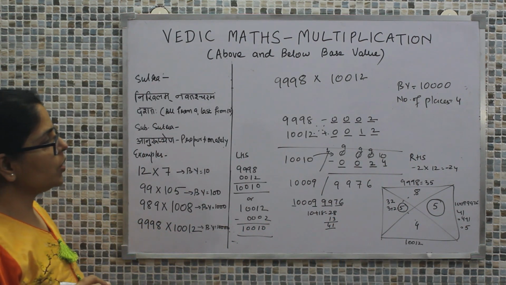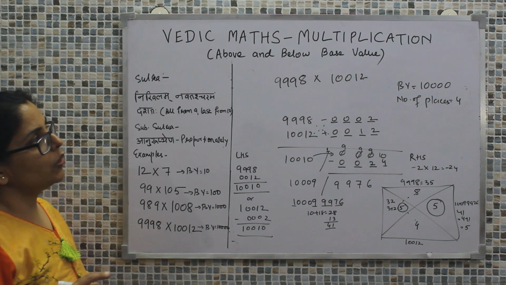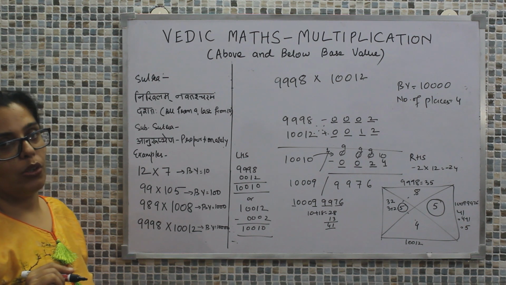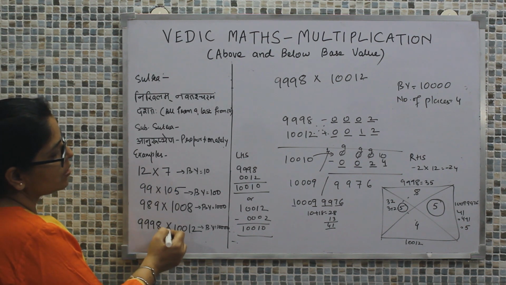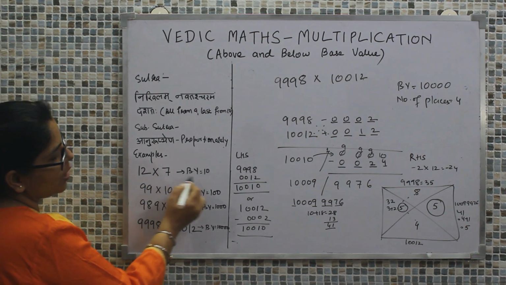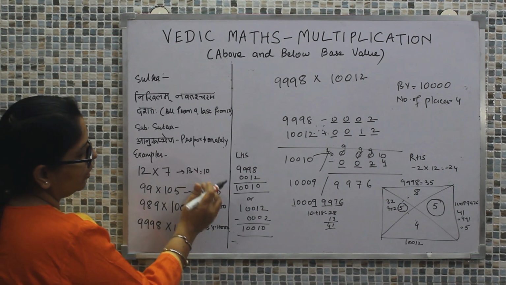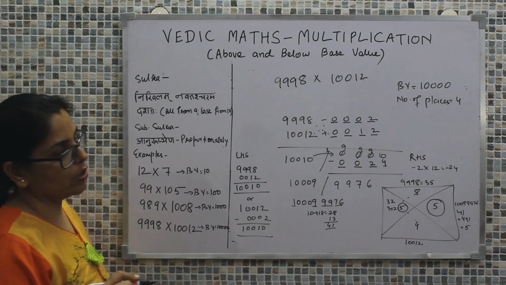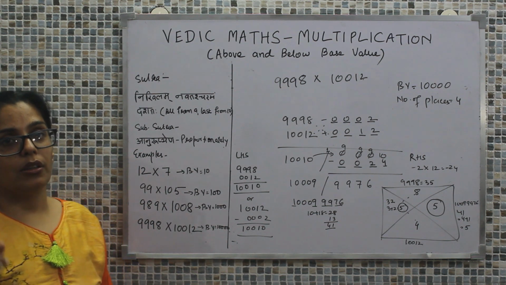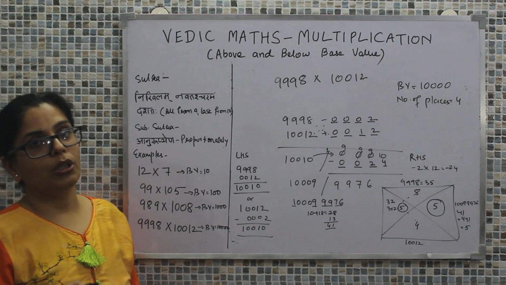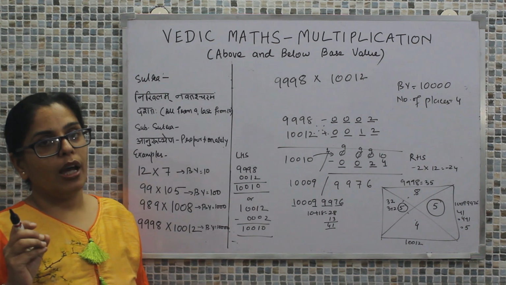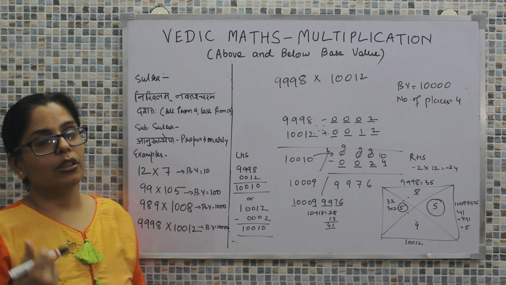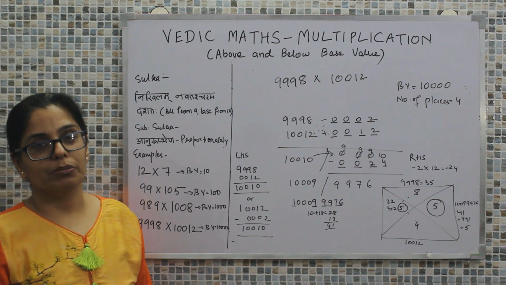So as we have seen in this discussion, here we have taken the multiplication of numbers above and below the base value, and as we have taken 4 examples here, the first example had the base value of 10, the second 100, the third 1000, and the last 10,000. And as we can see, using this particular approach, the possibility of errors in the calculation is relatively less, and it is comparatively less effortful. Thanks a lot.